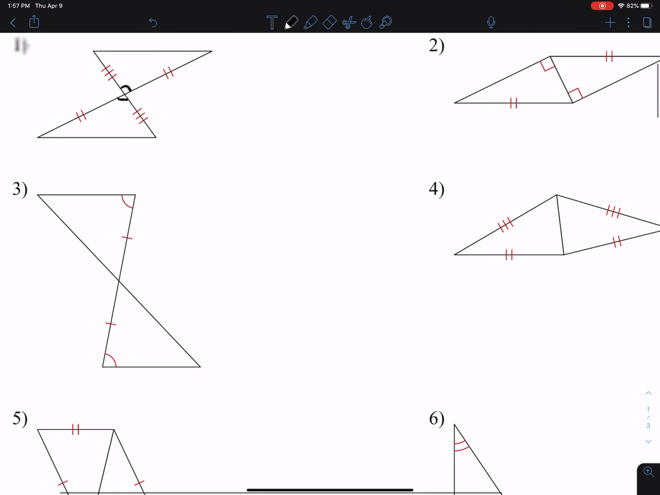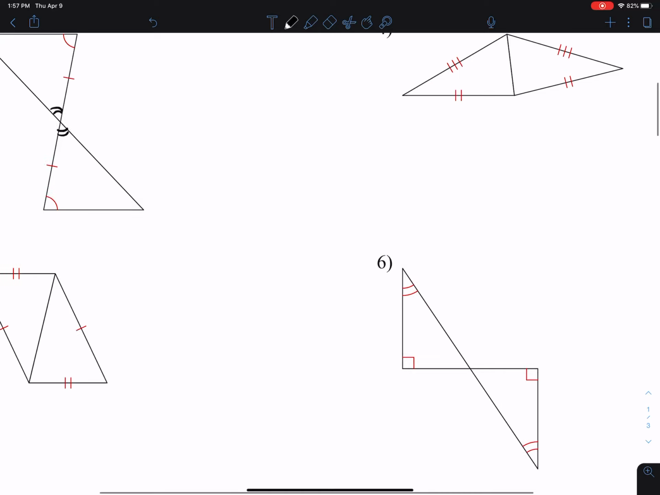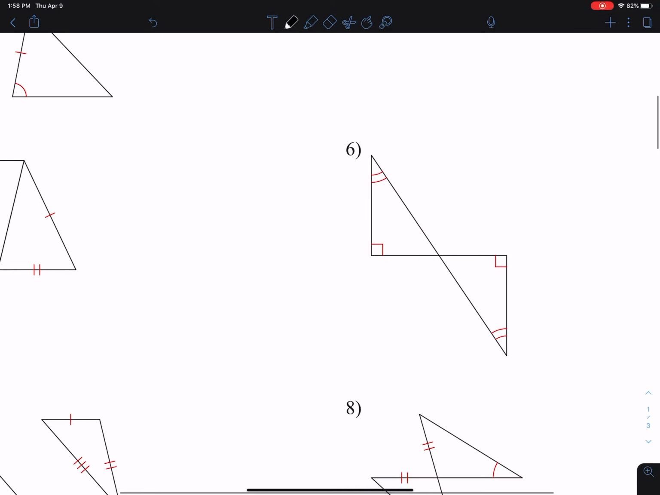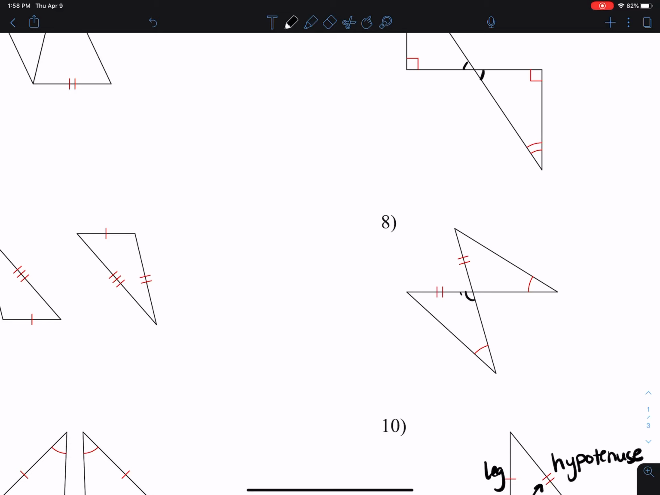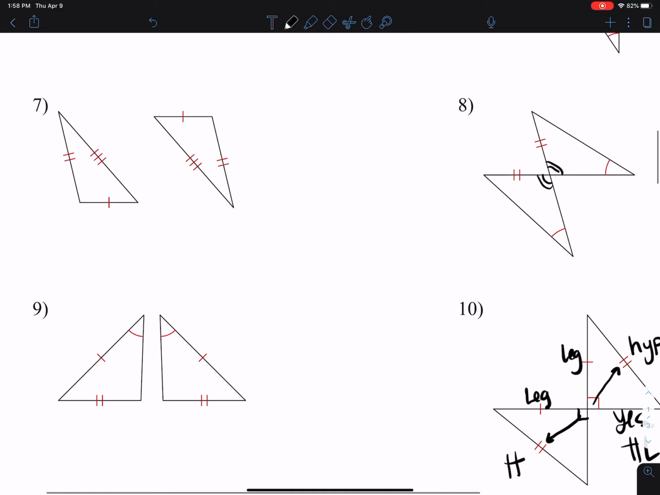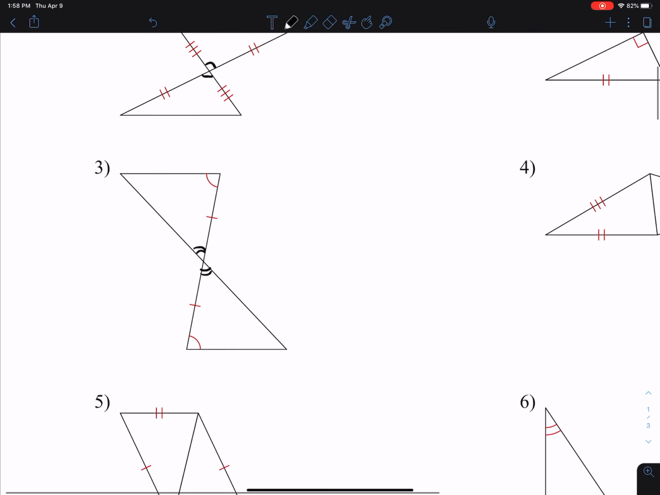So on number 1, I'm going to mark these as congruent because they're vertical angles. And then number 3, we also have vertical angles here. Number 6, we have vertical angles. Number 8, we have vertical angles. And number 10, that's why I marked that. So going back up to number 1,